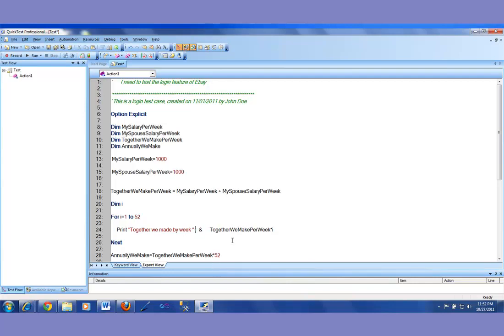So I have to put this I outside the string so that it can put a value in it. But then if I do that and run this, I would have a problem. Why? Because VBScript would not know this is one part of it, this is something else, this is something else. Whenever you need to do things like that, you have to put a concatenation operator. So I took that I outside this string, right? And if I run it now,